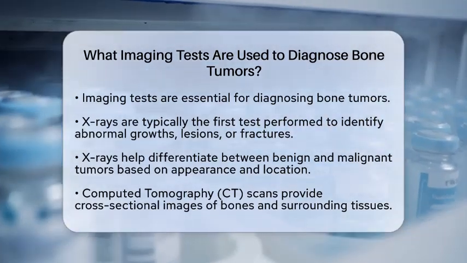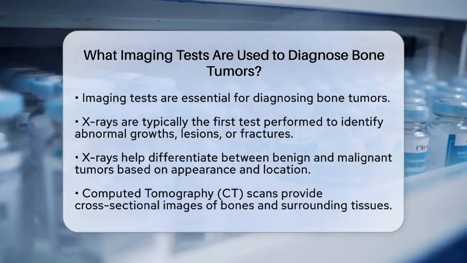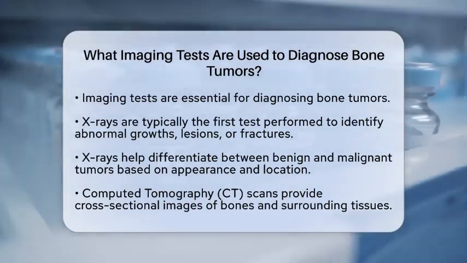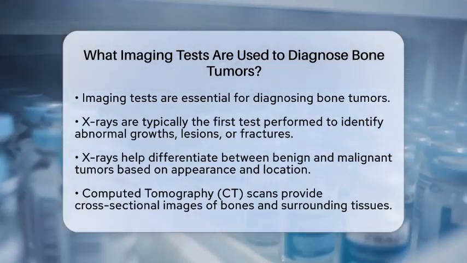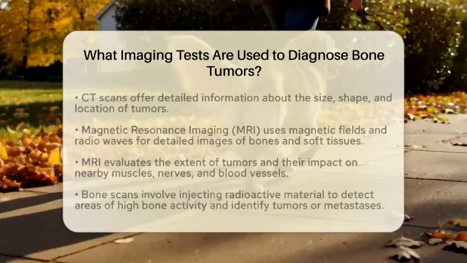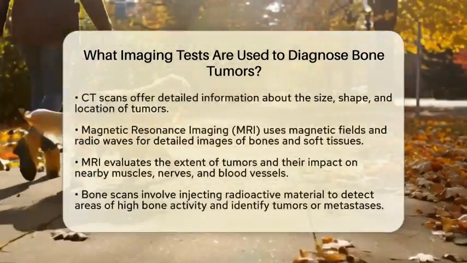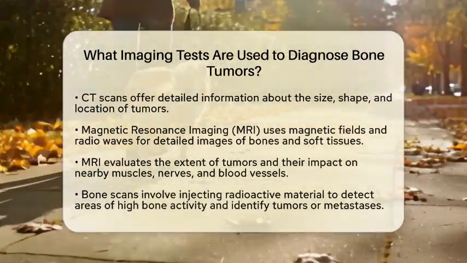Next, we have the computed tomography scan, commonly known as a CT scan. This test produces cross-sectional images of the bone and surrounding tissues. CT scans offer more detailed information than X-rays, especially for complex bone structures. They help determine the size, shape, and exact location of a tumor and assess whether it has spread to nearby